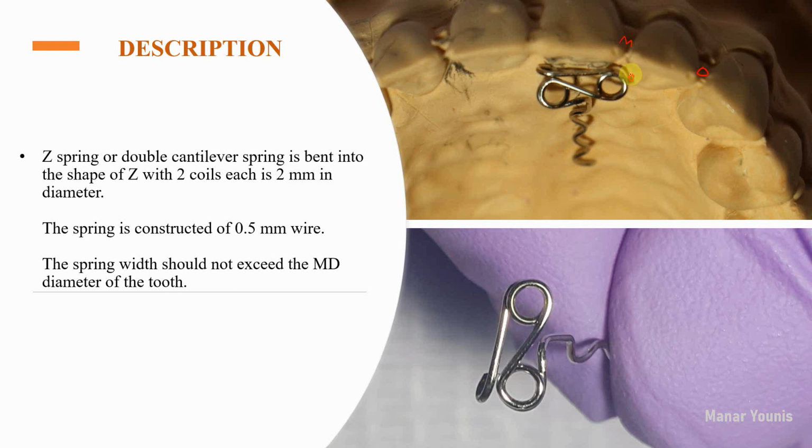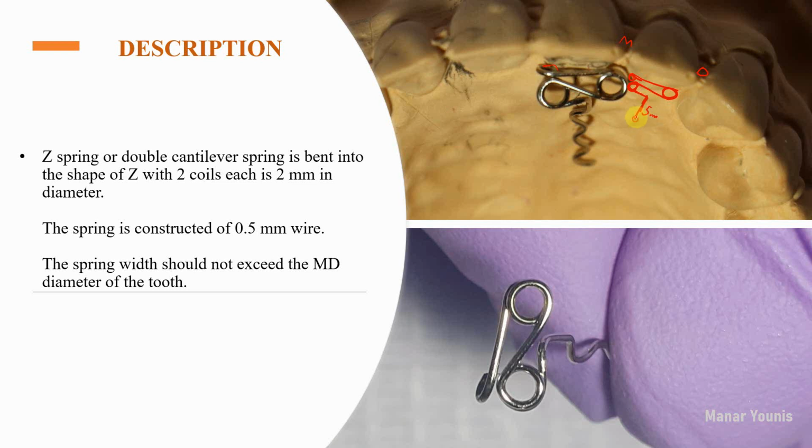The head of the active arm is directed gingivally. Then it will move toward the distal side where the first coil will be bent above the active arm. Then the wire will be directed again toward the mesial aspect where the second coil will be bent below the first coil. Then the wire will leave the second coil toward the distal side again, and at a point at the middle of the tooth, the wire will be directed and bent in a palatal direction, leaving 5 to 6 millimeters of the wire